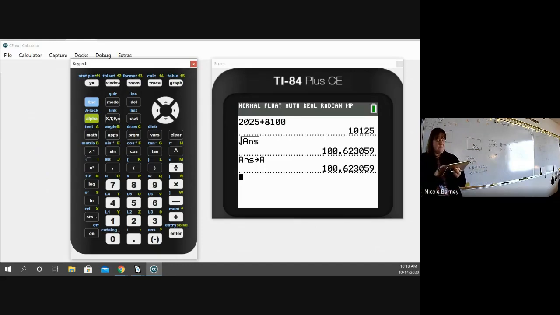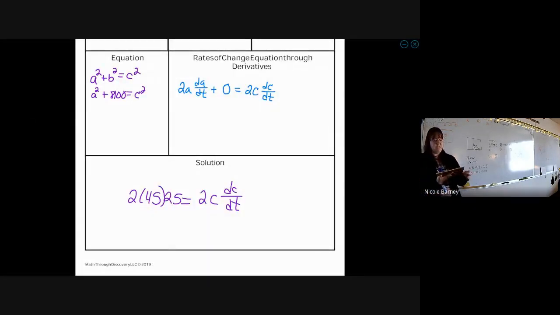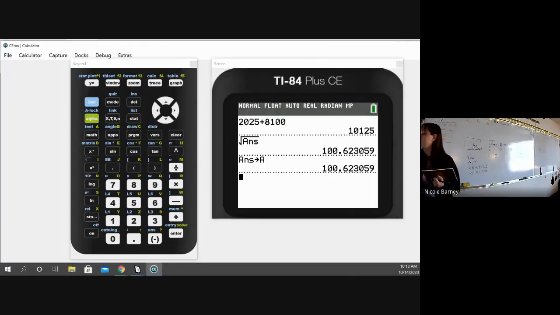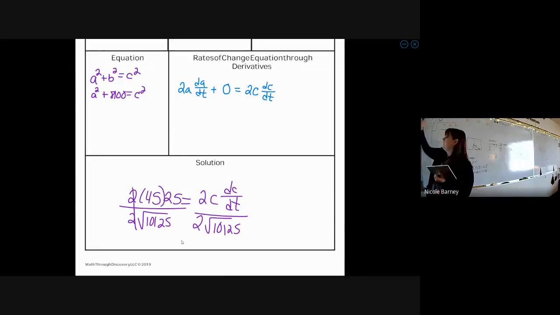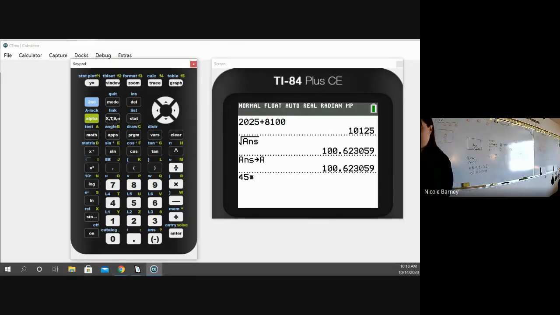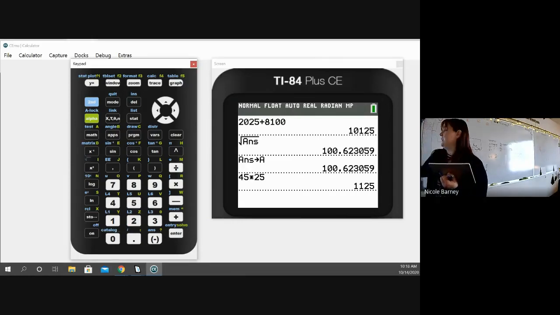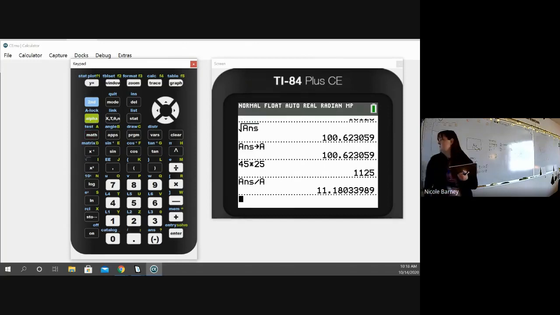Okay, so then our last step is we need to divide by 2c, right? And c was the square root of 10,125. I'm going to divide by that on both sides. Those 2's are going to go away. All right, so we got 45 times 25. And if I want to divide by that number I already have in my calculator, I can just go divided by A. It's going to give me